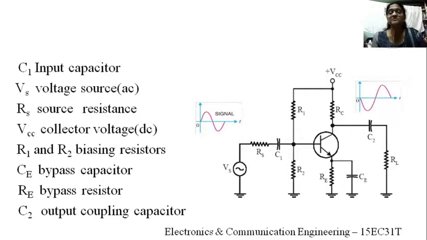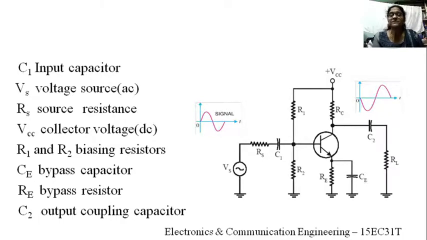You see here C1 is used on the input side, right? If it is a low frequency, what about the reactance of C1? It is high, because capacitive reactance is inversely proportional to the frequency. So if the frequency is low, the capacitive reactance is high. A high capacitive reactance allows only a small portion of the AC signal to reach the base for amplification. So the input is small here. And what about C2?